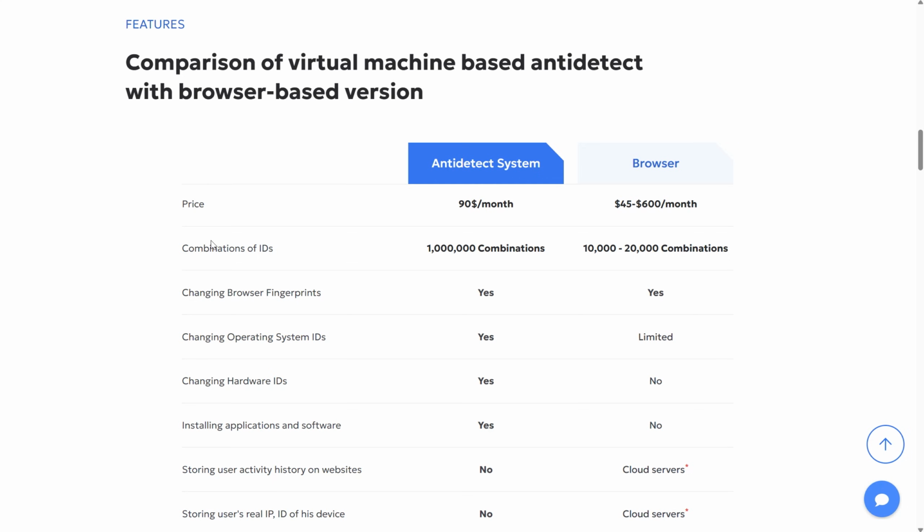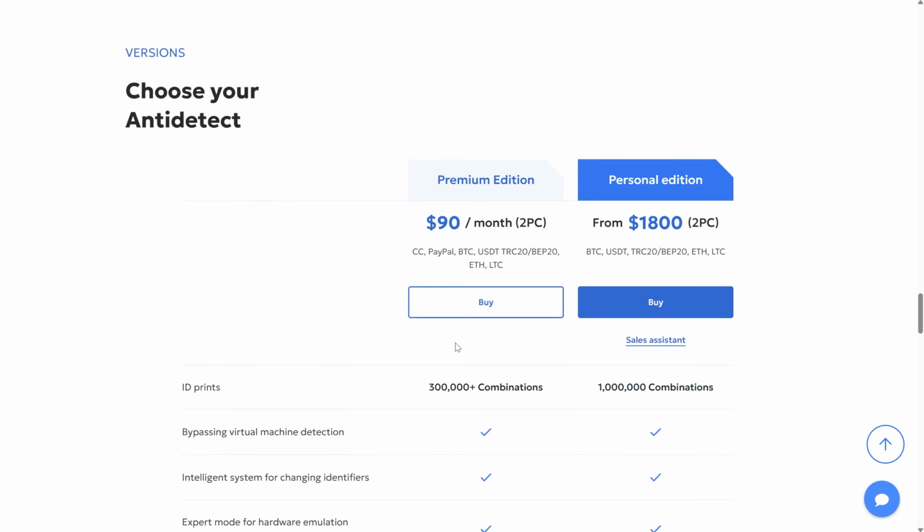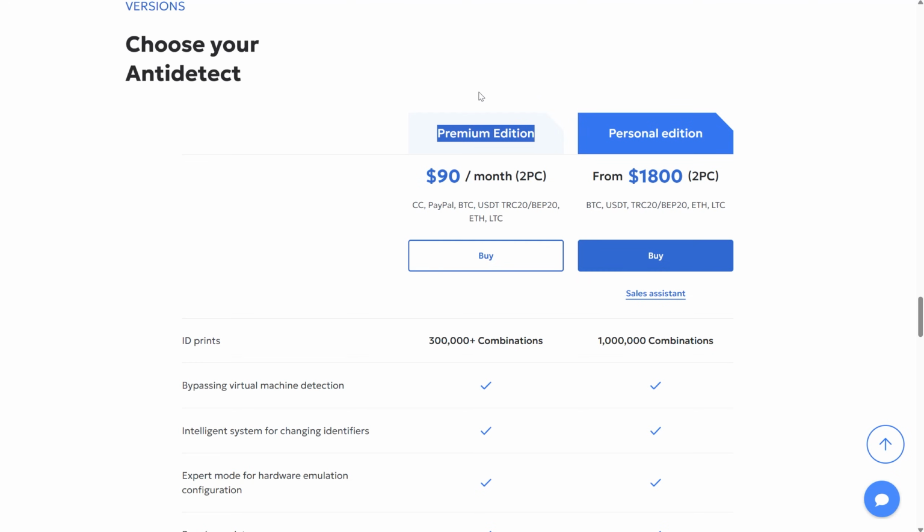Let's move on. Anti-detect, what versions does it have? There is a version called Premium Edition, or it is also called Patreon Premium Edition. This version is for evaluation purposes only, and is suitable for many cases when users do not need a serious powerful tool that can hold thousands of accounts, but simply need to hide their IDs in front of the online banking site where they have some funds, or if the user needs to hide their geolocation while they are located in another part of the world.